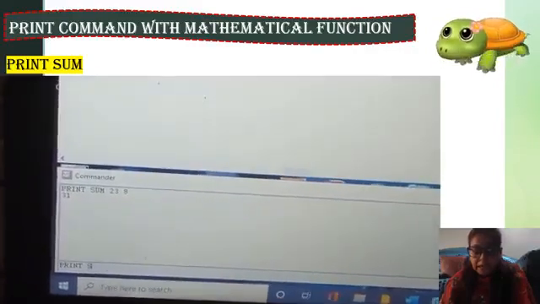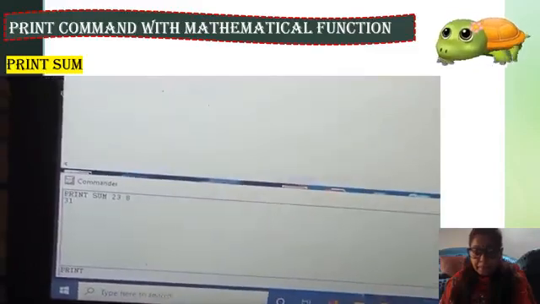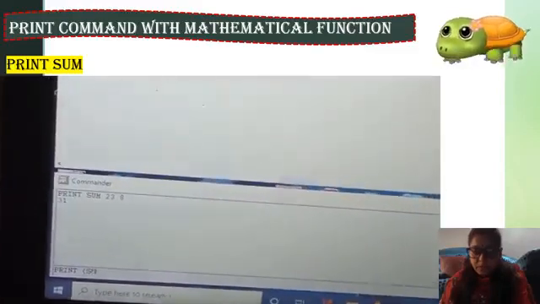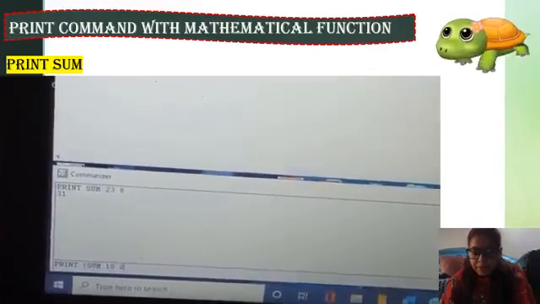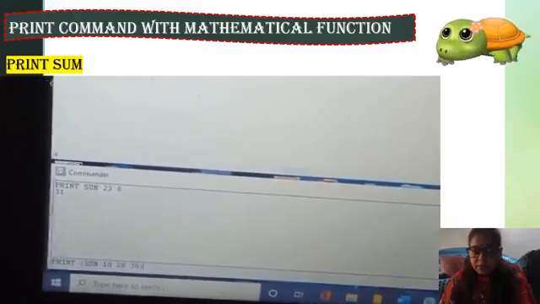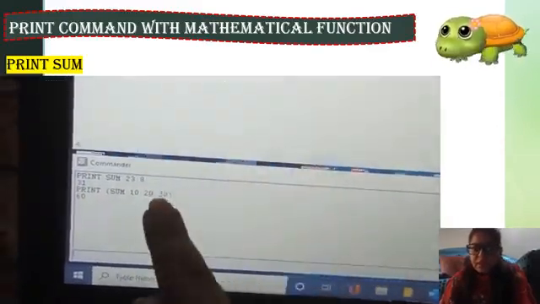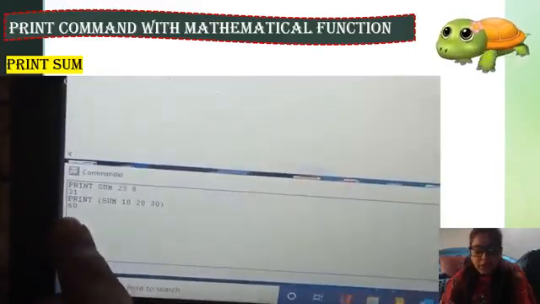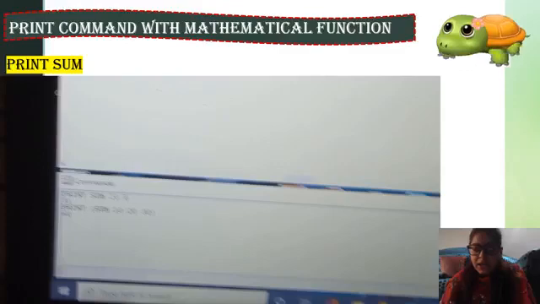For that, print sum. That sum you have to take in a bracket. Sum, then write the numbers. See here I take more than two numbers and then press the enter key. See the result? Like this you can use the print sum command. Okay, understand, children?